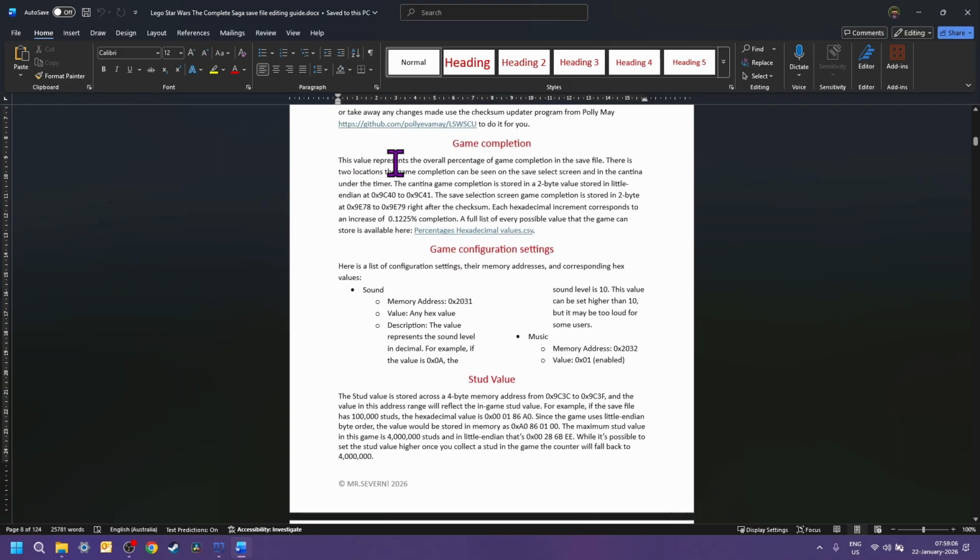And then game completion, there are 2 locations. The game completion can be seen on the save select screen and in the cantina under the timer.